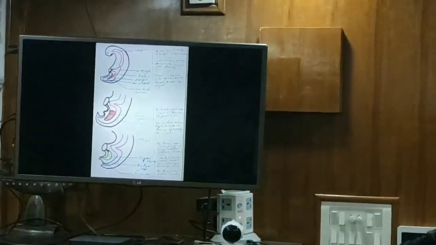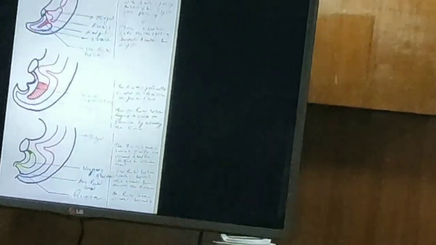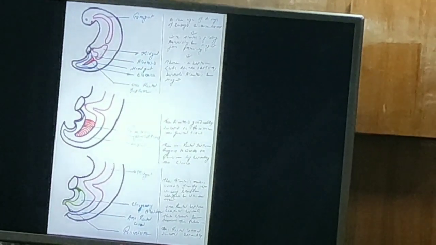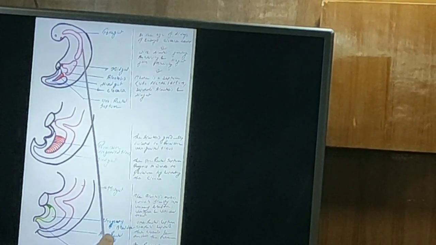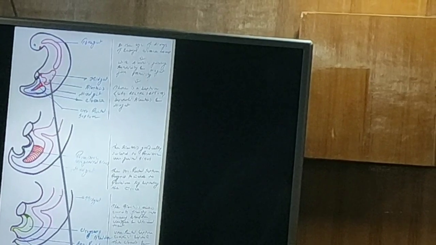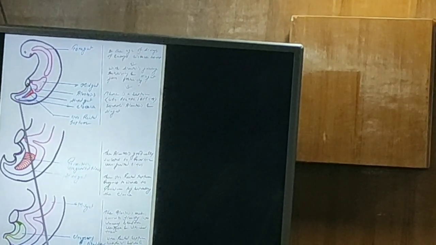The anorectal malformation, how is it established? This is the embryo, the first picture. This is the embryo of 21 days. There is developing of foregut, there is developing of midgut, and there is developing of cloaca